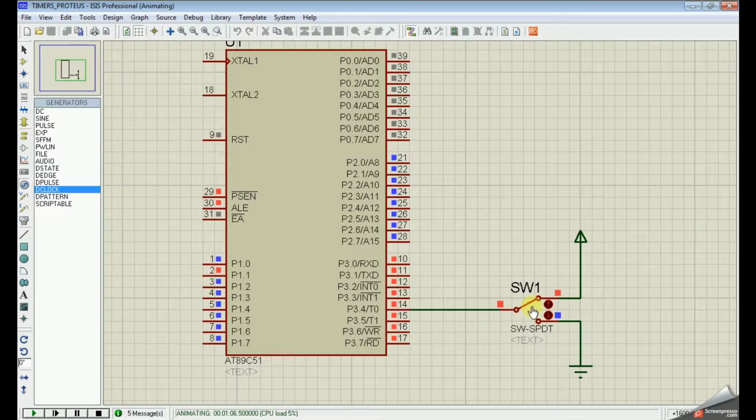If we give another count, the count is 3. If we give another external event, 4, 5, 6, 7. So 0 triple 1 means 7, then 8. Like this it will update until its maximum value.